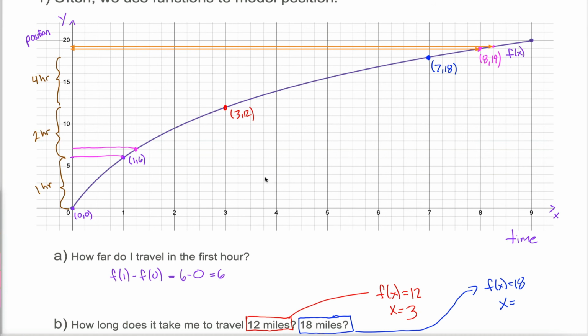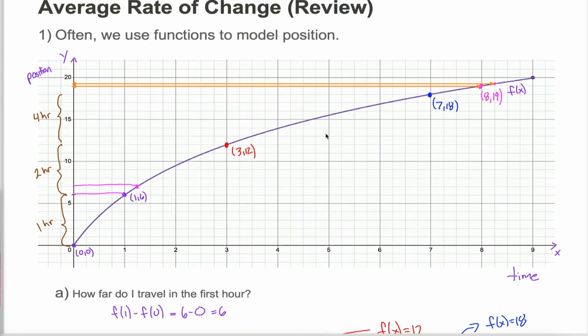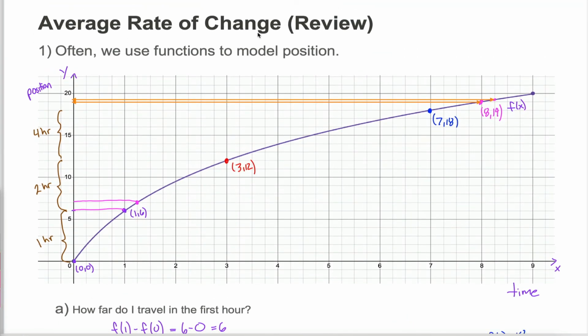Anyways, the point that I'm trying to make, and maybe I'm making it more confusingly than I need to, is instantaneous speed is really, really complicated in math. In fact, there's an entire class, Calculus 1, devoted to this idea of instantaneous speed. And in these videos, as we learn about average rate of change, we'll kind of scratch the surface of that